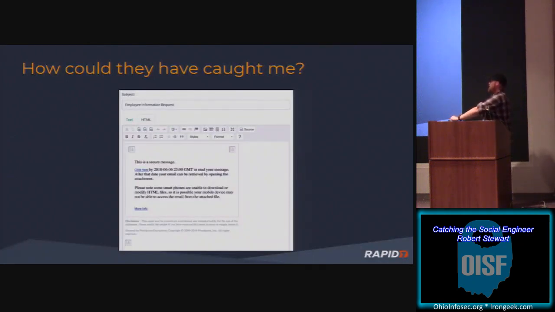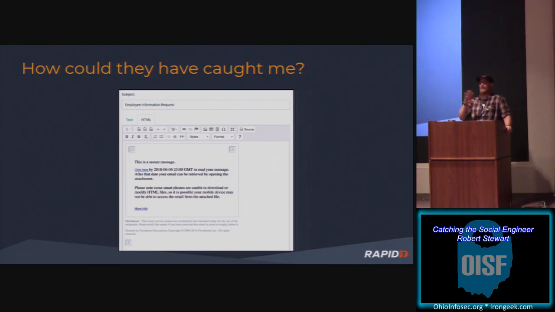But, jumping back in time, let's talk about that phishing email I sent. This phishing email was, like I said, nothing fancy. I have a real large repository of fake emails, or emails that I receive, and I say, hey, wow, that'd make a really good phishing email. So I save them. One of them I had received at one point was from Proofpoint for a secure message. So I reuse it, and I sent it to the organization.